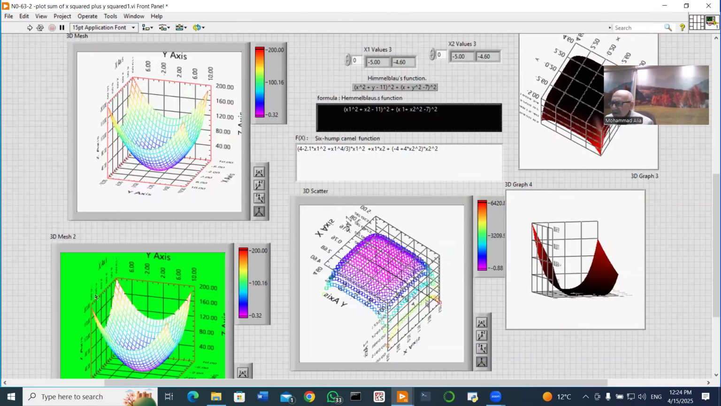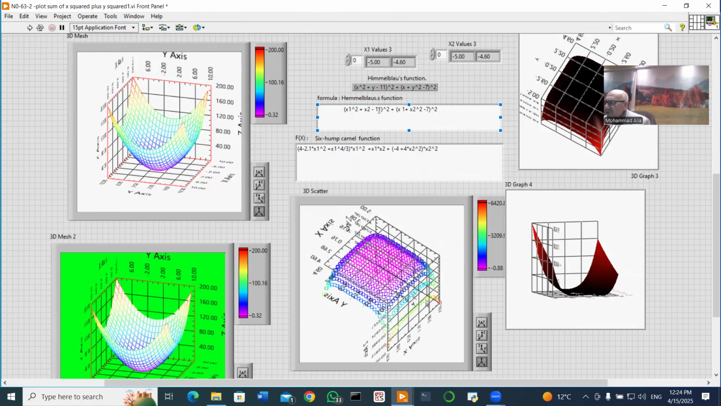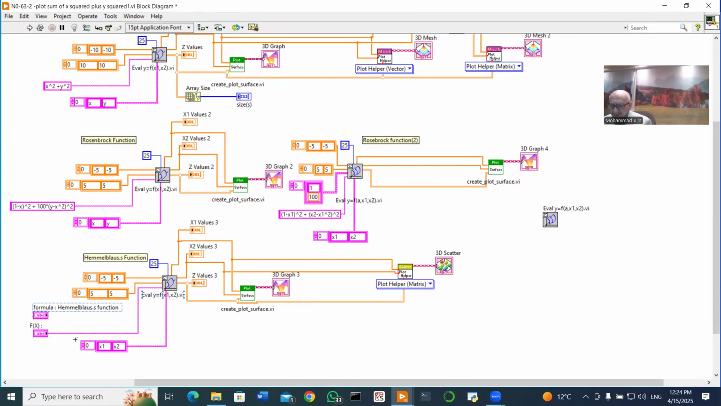It is there. Here it is in the block diagram, and here its expression. It is a function. All of these functions are functions of two variables. If I disconnect this terminal, which represents the six-hump camel function, and connect this function instead,